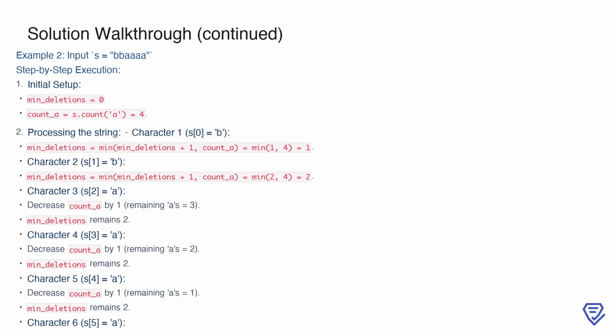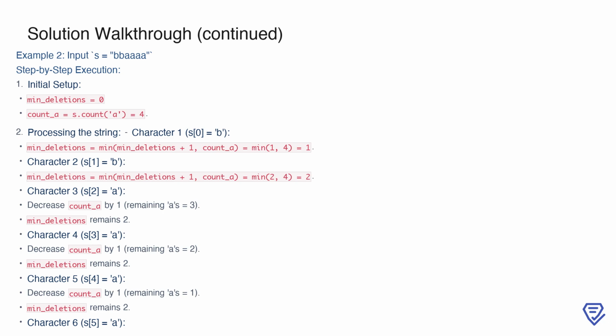For the first b, we calculate min_deletions plus 1, count_a, which gives us a min_deletions value of 1. For the second b, we perform the same calculation, and now min_deletions becomes 2 because we're adding another b to the string. Once we start processing the a's, which begin at the third character, we reduce count_a by 1 for